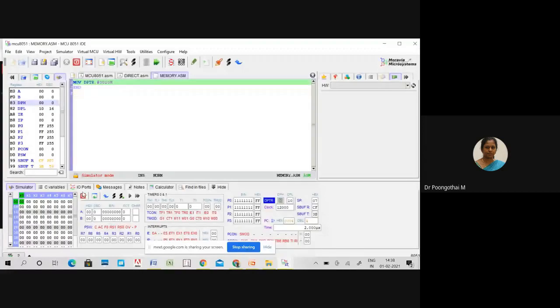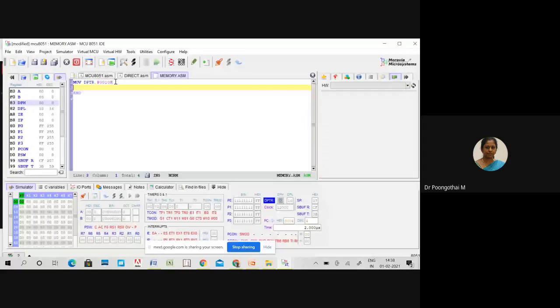Next I'm going to access the data available at 0010. For that I have to use the MOVX instruction: MOVX A, @DPTR. What is the purpose of that @? What does it indicate?